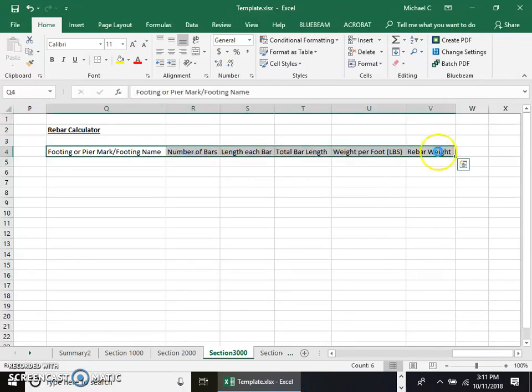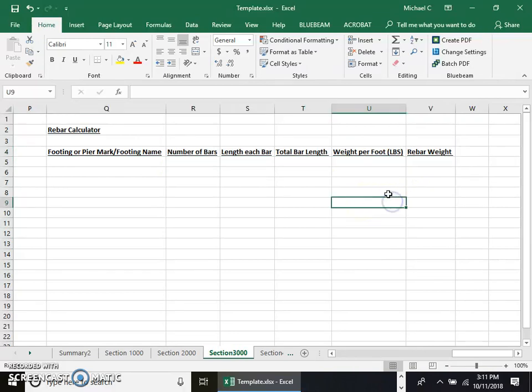These are headings, so maybe we want to bold these. You can underline, you know, whatever you want to do. That's the formatting after the fact. So I'm going to start with a